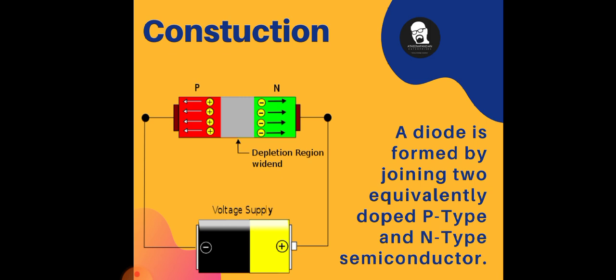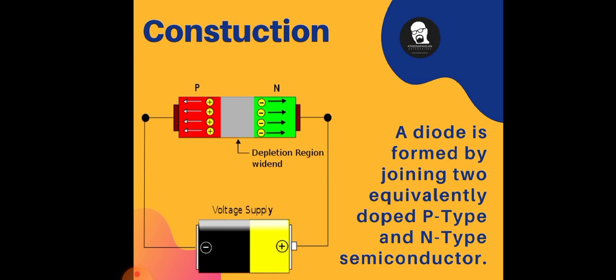A p-n junction is basically a building block for most semiconductor devices like a diode. Most semiconductor devices contain one or more p-n junctions. As shown, p-type semiconductor and n-type semiconductor are joined together with a special fabrication technique to form a p-n junction, right?